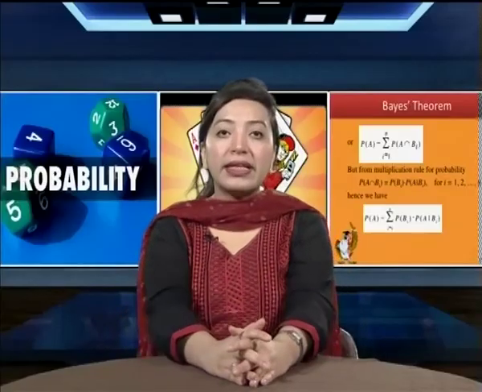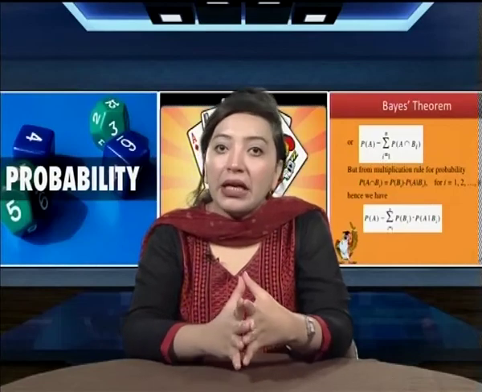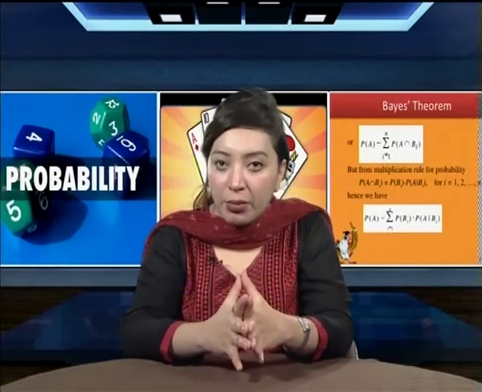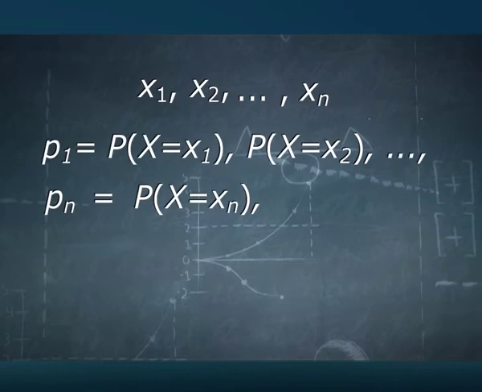Let us see the next one, that is mathematical expectation. If capital X is a discrete random variable which can assume values x1, x2, and so on up to xn with the associated probabilities p1 equals probability of X equal to x1, p2 equals probability of X equal to x2, and so on, pn equals probability of X equal to xn, then the